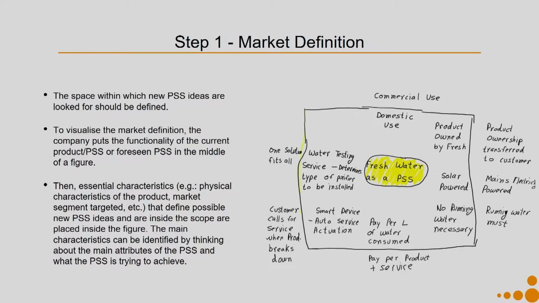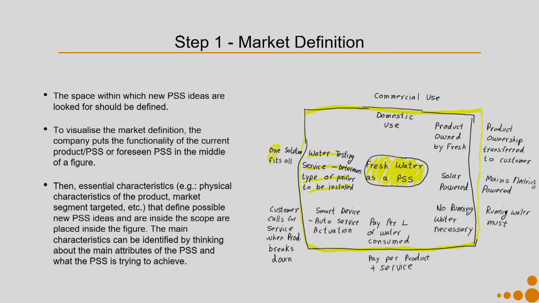So here you can see there is a boundary that I have. Inside that boundary I will put, say, my product characteristics, my service characteristics, my market segment that I am going to target, all these different aspects which define what my market definition for that PSS is. And it's also very important that when you want to say, okay, my product is this and not that, outside the boundary I put things what my product is not.